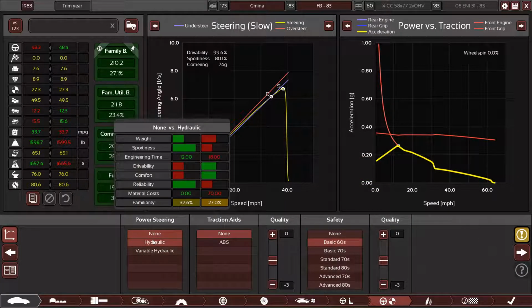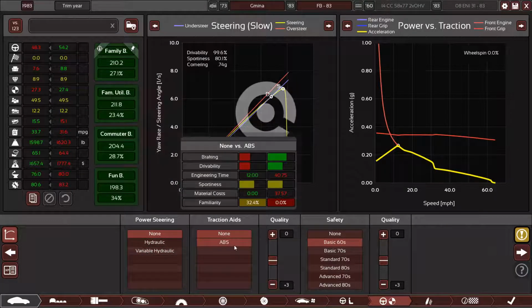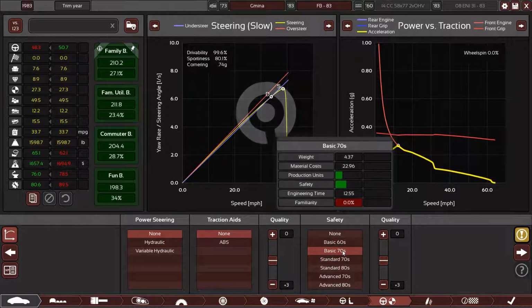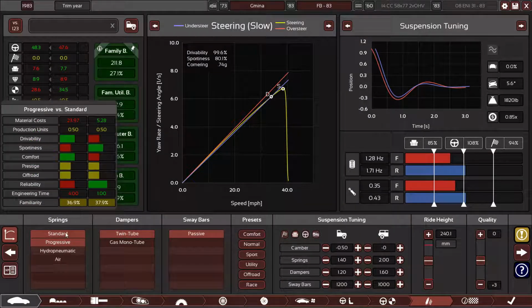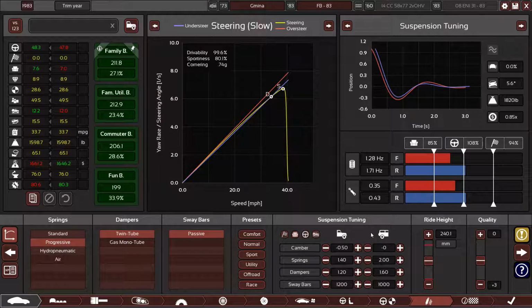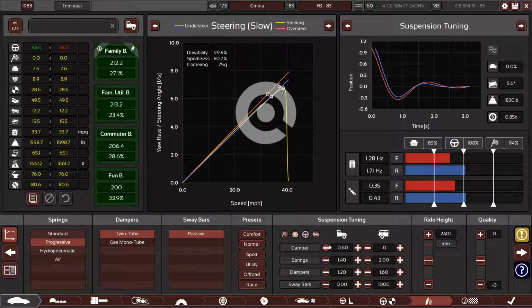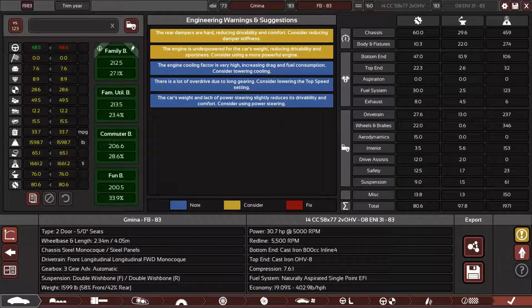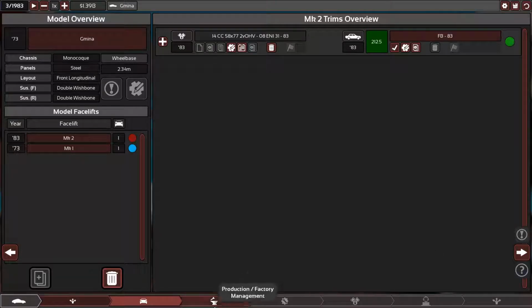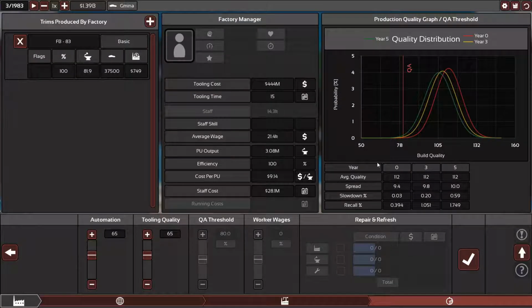They're not going to want any entertainment or improvements to the interior. They're not going to want ABS. They want to keep with basic safety, which, yeah, I'm okay with that on this one. They do want to splurge on the progressives. Really not that expensive. Just slightly more camber, and there we go. Gmina is done,